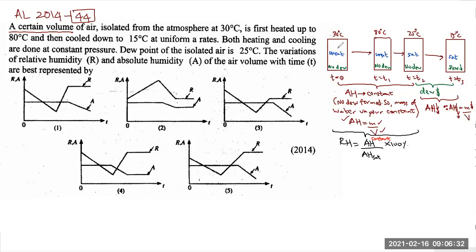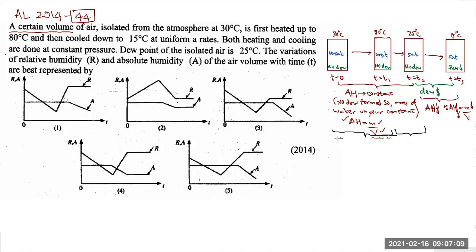Sorry, I think I should first start with this part. I should have started from here, because there are two cases: temperature is increased and then temperature is decreased. We have to be careful. As long as temperature is greater than dew point, no dew will be formed whether temperature is increased or decreased. But for RH, we have to be careful until T1. From 0 to T1 and from T1 to T2, we have to consider RH separately.